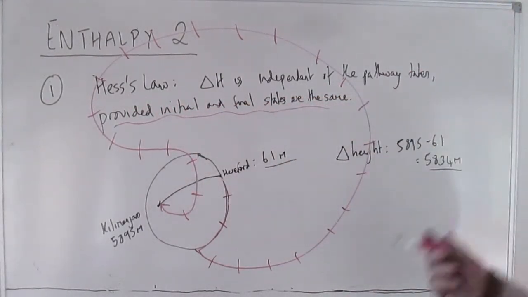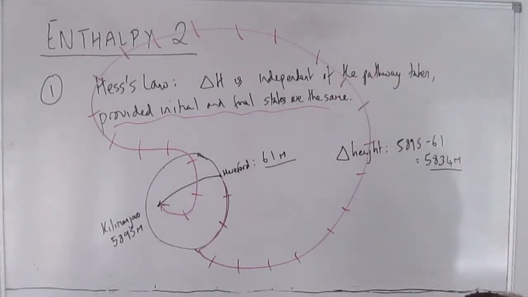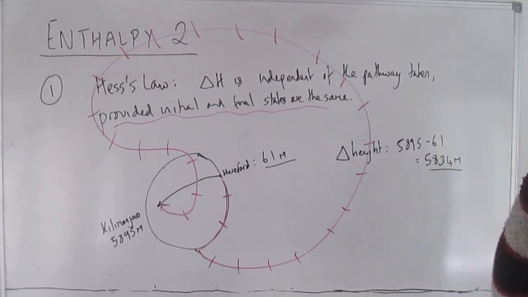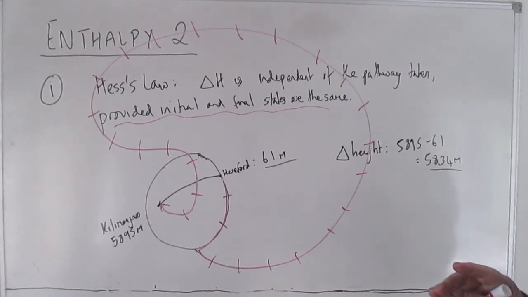So that means you've got to be careful about things like state symbols, because obviously, if you end up with, for example, steam instead of liquid water, that's not the same, and so the enthalpy change won't be the same. But as long as you're careful about that, Hess's law is a tremendously powerful way of finding out what delta H is, often without having to measure it. So long as it's been measured for enough other processes, if you can combine them together, you can figure out what delta H is for any reaction, and that's an immensely powerful thing.